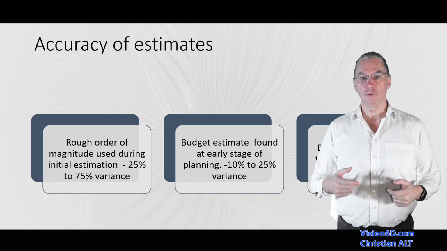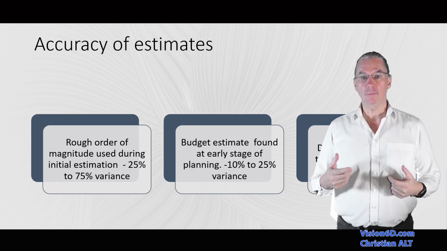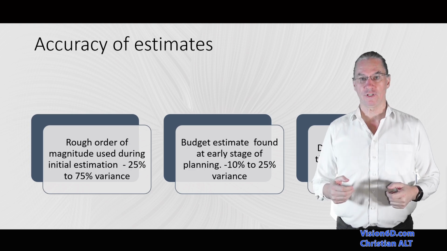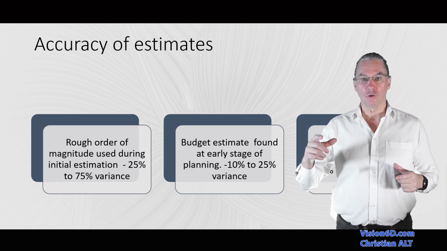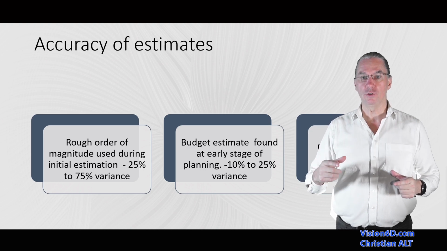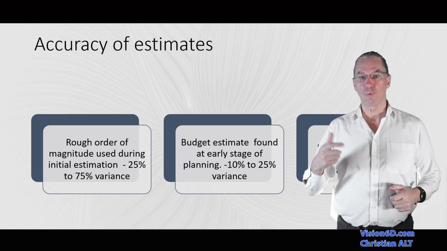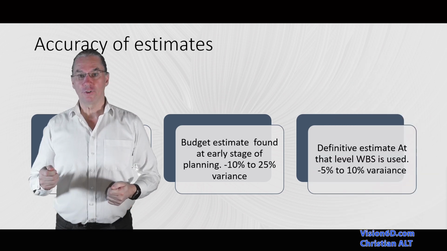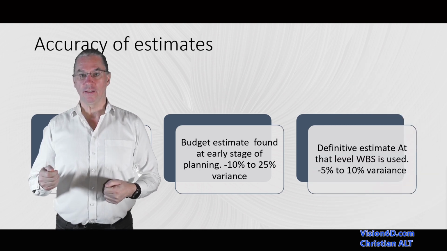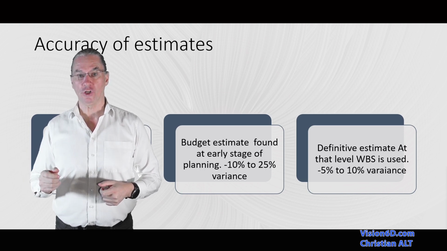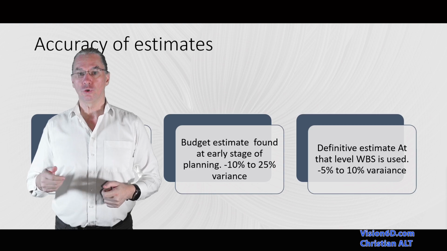Once we are in the planning phase, we may have already received some offers from contractors, for example, and the variance on the estimation can be reduced to minus 10 to plus 25%. To have the best precision in our estimations, which will correlate to the budget, we need to do the work